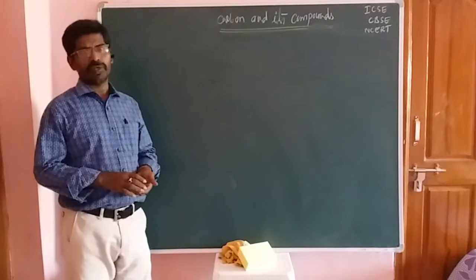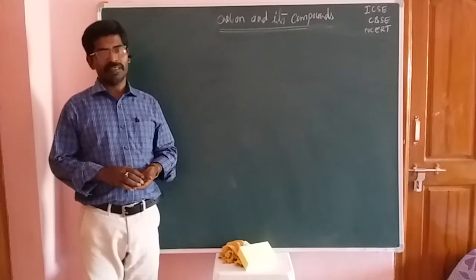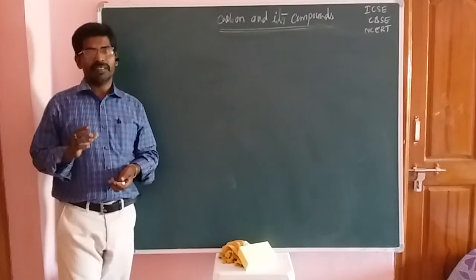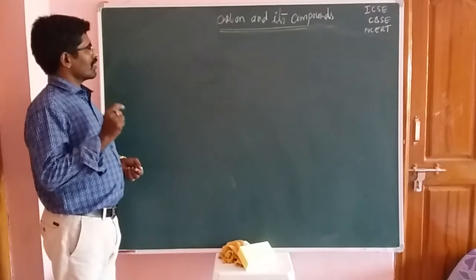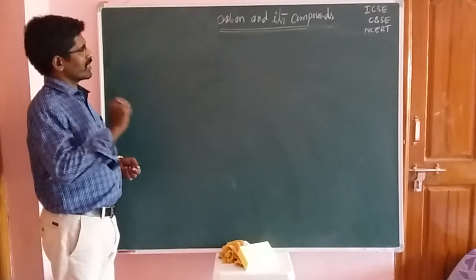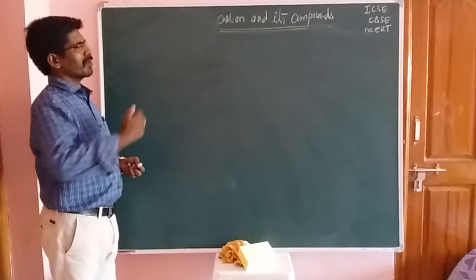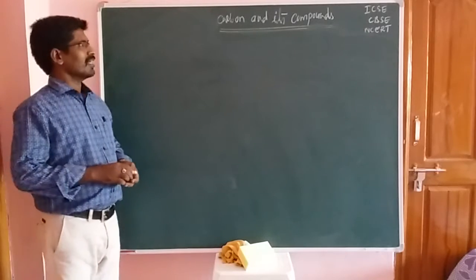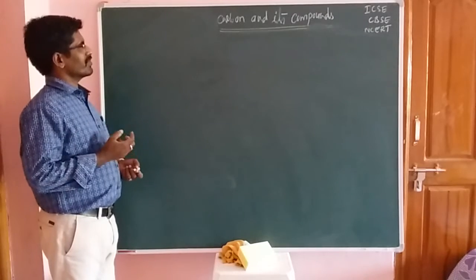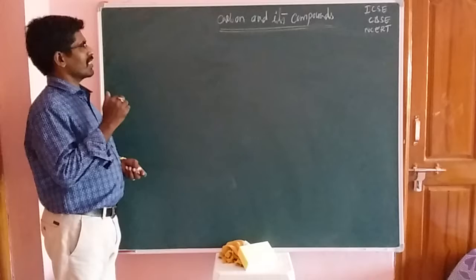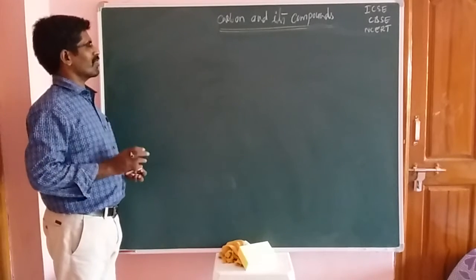Today, here we are going to explain about carbon and its compounds. Carbon is a versatile element. Carbon is able to form millions of organic compounds. Here, carbon valency is 4, oxidation number plus or minus 4. Okay, students, it belongs to the 4th A group elements or 14th A group elements.